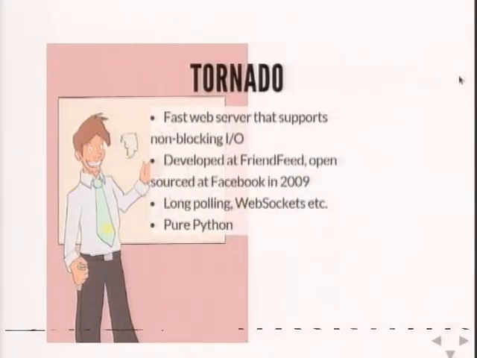So, it was created originally at FriendFeed. It was open sourced in 2009 when Facebook bought FriendFeed. FriendFeed created it primarily because they didn't like Twisted. I can kind of sympathize, to be honest. But they needed a way of doing constant real-time streams of updates to users in the browser. WebSockets weren't really a thing at the time. Oh, they were, but they weren't very well developed. But there was long polling, constantly updating a stream to the browser. So they came up with Tornado as a web server solution written in Python.